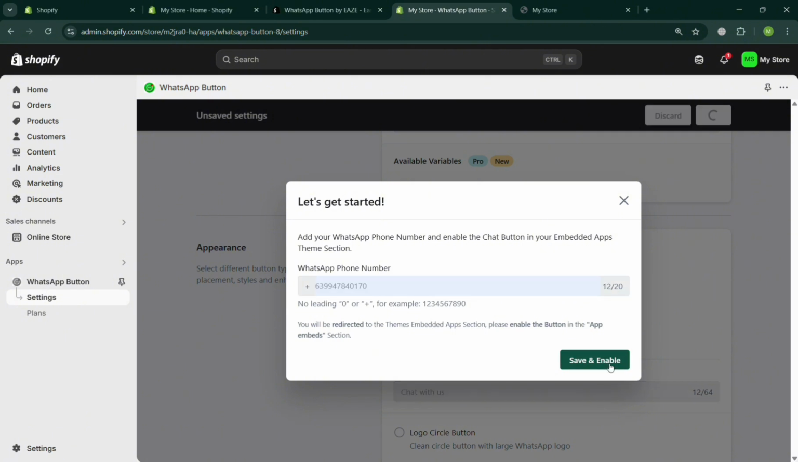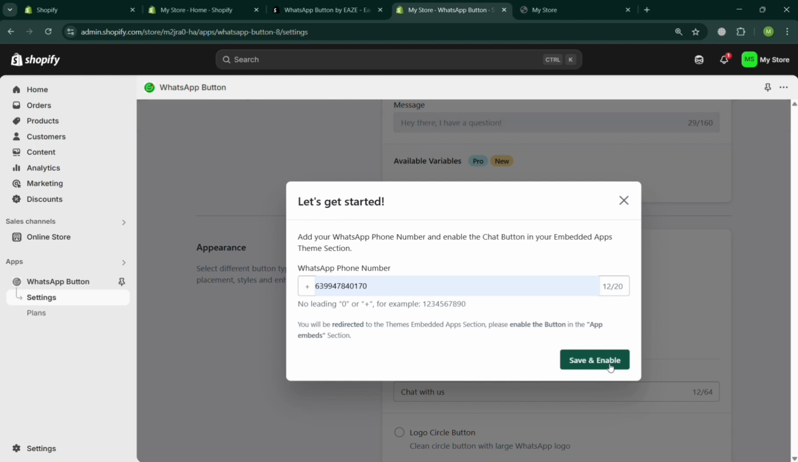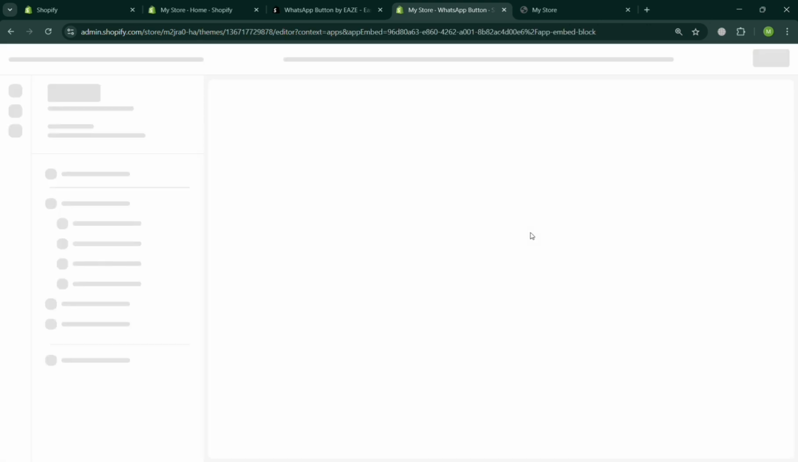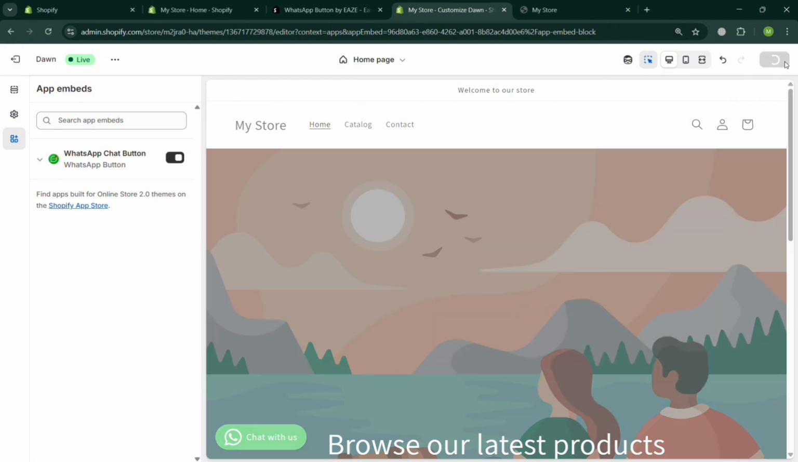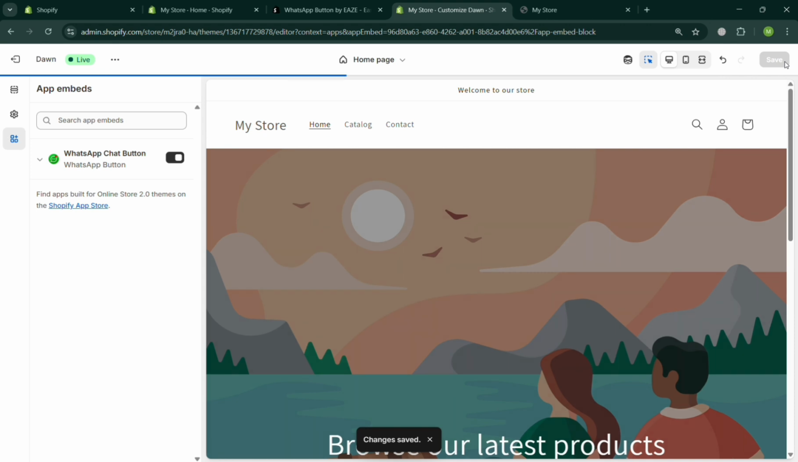Upon doing so, you will be directed to the editor section of your Shopify web store or website. After that, in the left side panel, it will show you the app embed. So kindly enable this one to enable the WhatsApp chat button. After that, it will show you this chat with us, which is the button for WhatsApp. Now to save the changes, just click the save button on the top right corner. After that, you will see that you have now successfully added the WhatsApp button